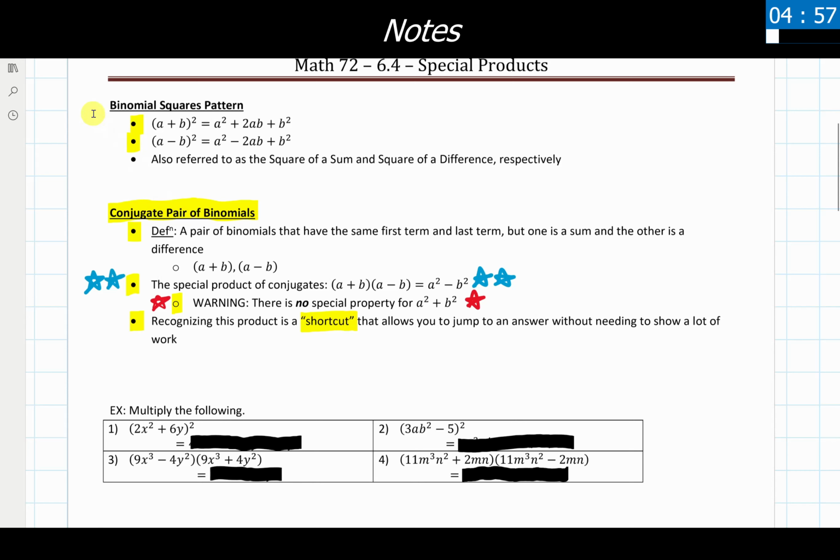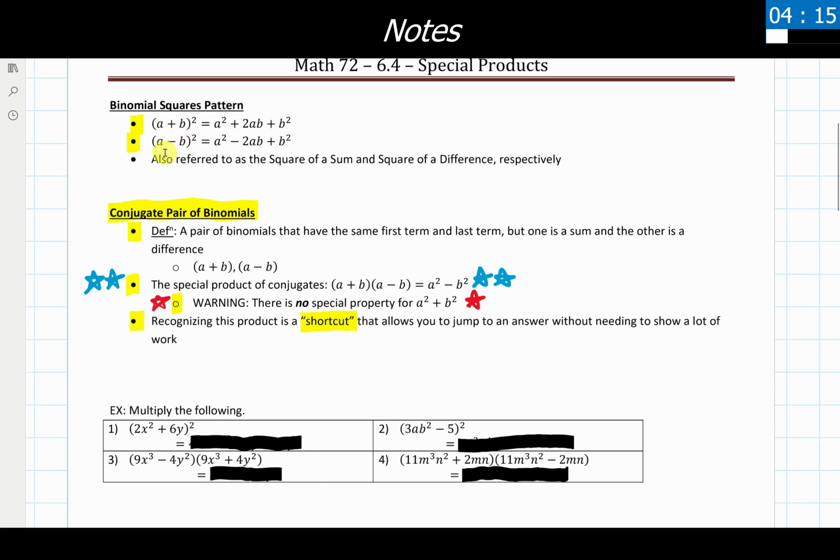So our first section is working with the binomial squares pattern. And what these state is if I have two things that are adding together in a polynomial, a binomial here, and that binomial is raised to the second power, we are always going to get an outcome that is in this form here, a squared plus 2ab plus b squared. Now, a and b in this original polynomial can be anything. If we're looking down below here, it can be just a, it could be 2x squared, it could be 3ab squared, it could be the number 5, it could be anything that is multiplying together for our a or our b terms for this polynomial.